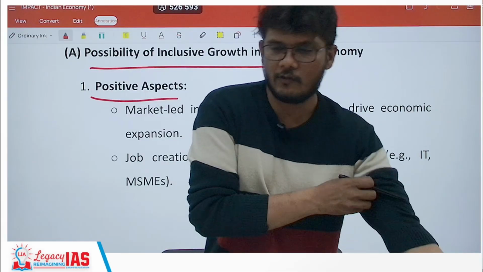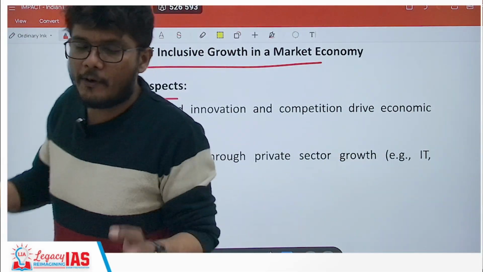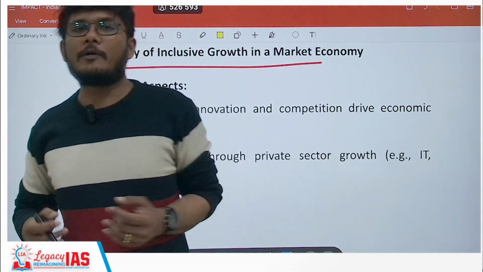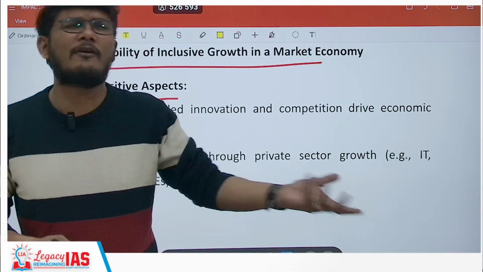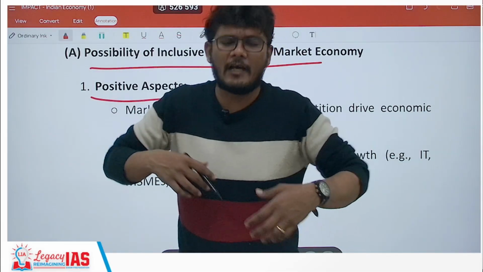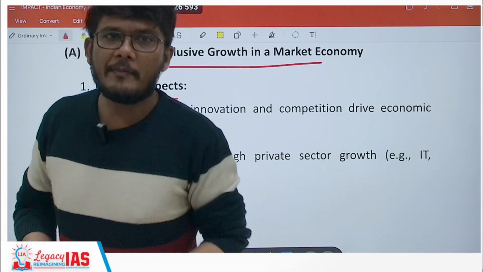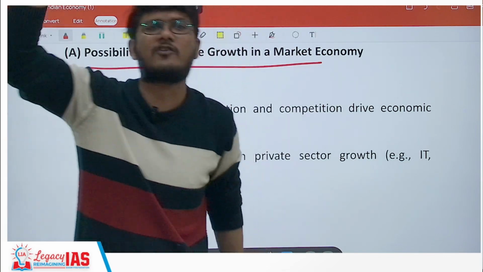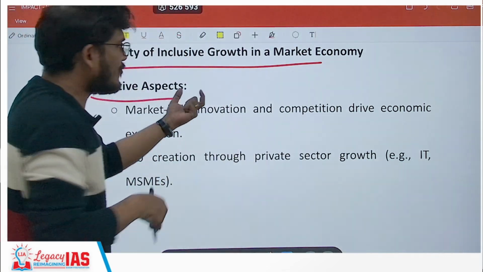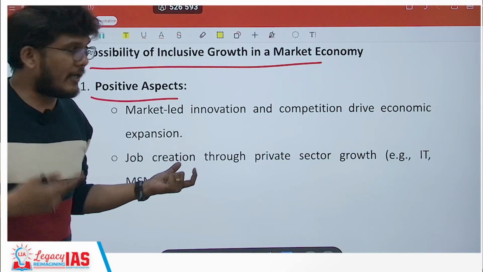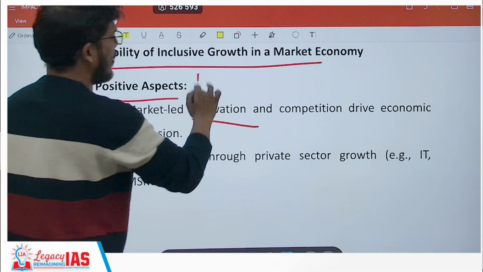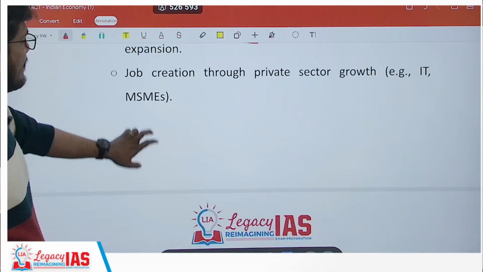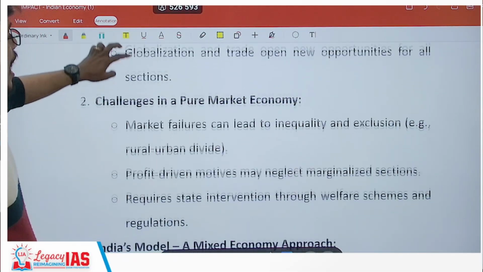See, it is possible because there will be a lot of innovation and high production. Everyone can get things. If market economy is not there, if profit motive is not there, people will not be attracted to produce. When people are not producing, there will be no goods and services to be distributed. So the market economy's presence is required for innovation and high production. First you mention that and give examples of that.